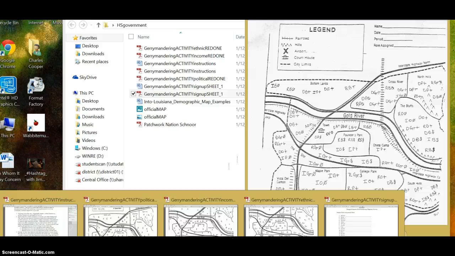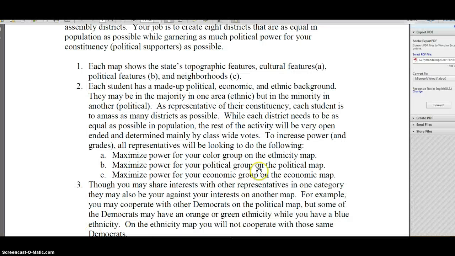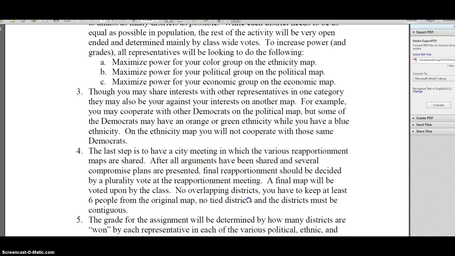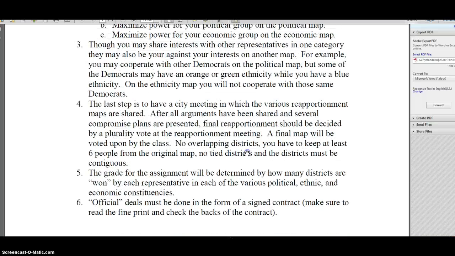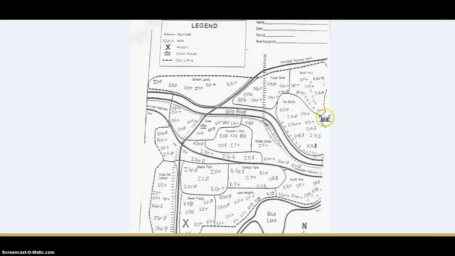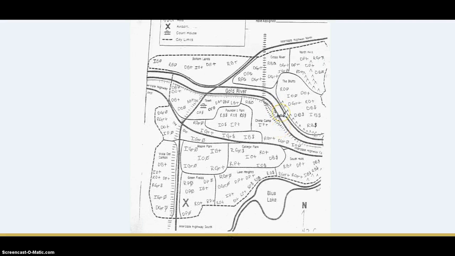And so as we go through, going back to the instructions, as we go through the game, the individual students are going to know which demographic maps benefit them and which ones do not benefit them. And on the final day, I'm simply going to project this all-inclusive map onto a whiteboard. And the students are going to come in and draw boundaries and vote for those particular boundaries. The way I do it is I just take any random student that goes first. They'll come up here. They'll draw a circle.